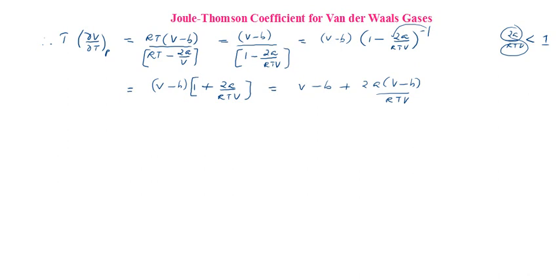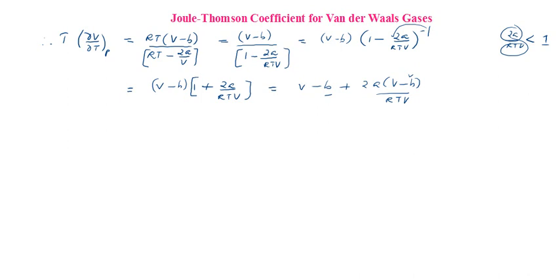You can see there is v minus b here, then plus 2a v minus b by RTV. Once again you have a chance to neglect this b, not here but here, because this term